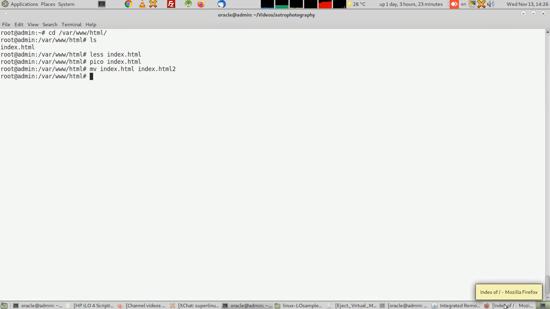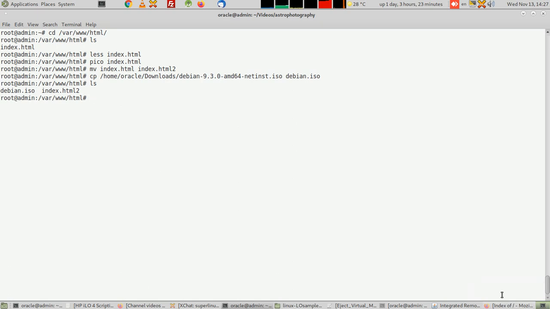Now I already have an ISO file, which is a Debian Linux distribution image. I'm going to copy it from /home/oracle/downloads. I've already downloaded Debian 9, version 9 of Debian. I'm going to save it as, for example, Debian.iso, just for the sake of it. So now I have it here, and if I reload,